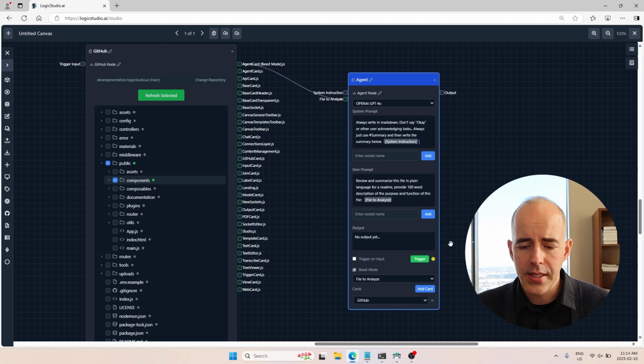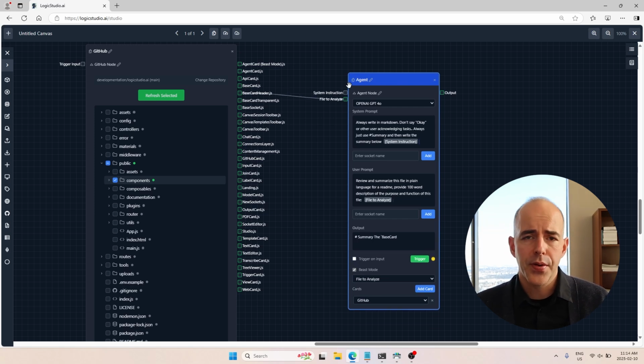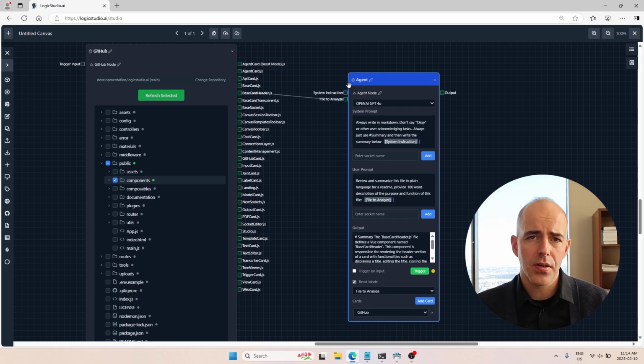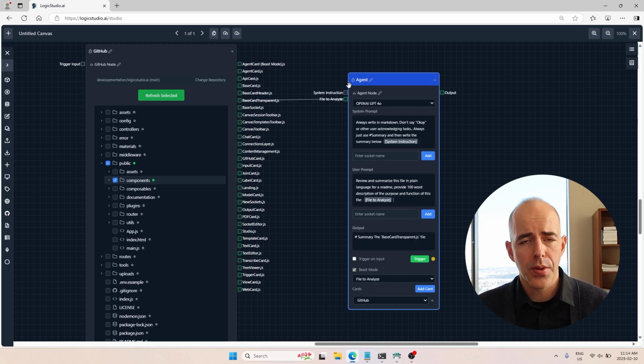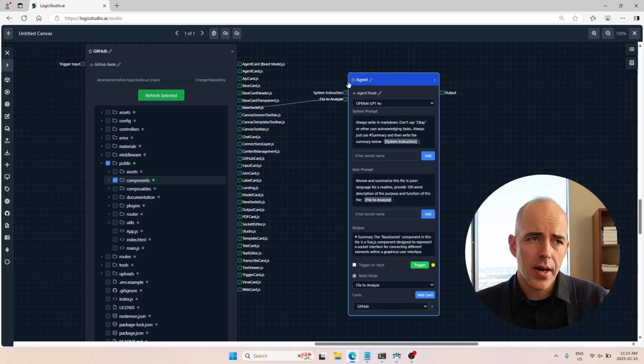So I'm going to execute on that, and you can see that the agent card is off writing summaries, and it's automatically drawing its own connections. It's reaching out and connecting into this card. You could connect this into as many cards as you want. So if you had files open, GitHub open, transcripts, text, or chat outputs, an agent or a team of agents can now tie into any of those autonomously. Whenever it gets triggered, it automatically will go and read the whole range of content